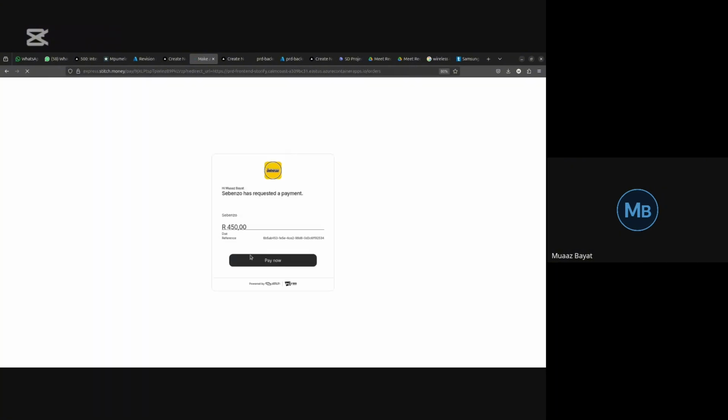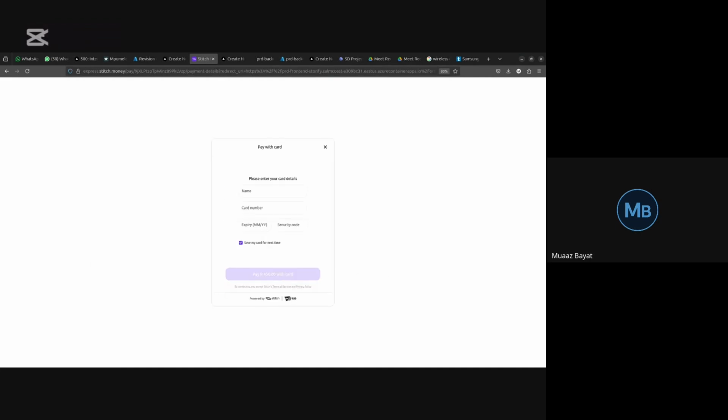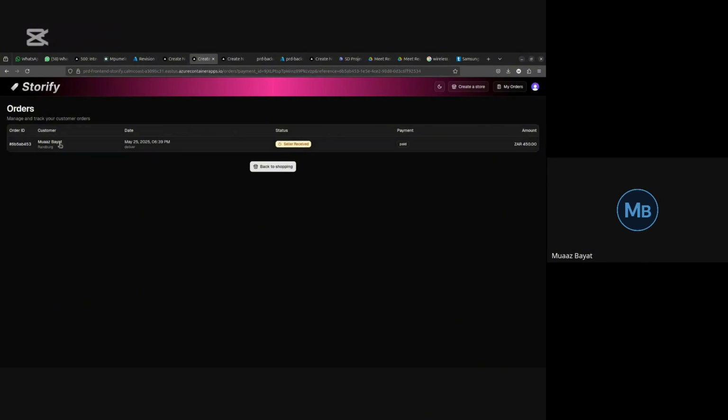Now, when I go to pay, you'll see I'm in this Stitch payment gateway, which is a third-party provider, which allows us to do these payments. Now, the card number you're going to use is a test card, so we're not using real money here. You can put any details you want here as long as the date is in the future, not too far in the future apparently, and any 3-digit CVV is good. Now, this would normally be your 3DS with your bank. This is all with Stitch, so it's encrypted, secure, third-party payments, and you get redirected back to your orders